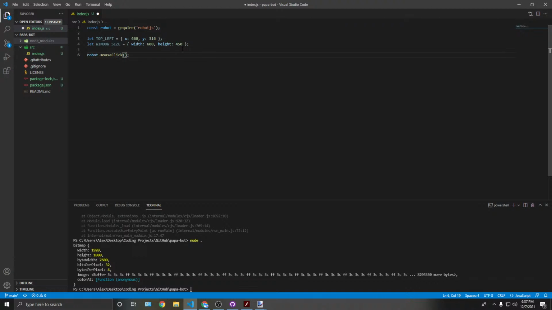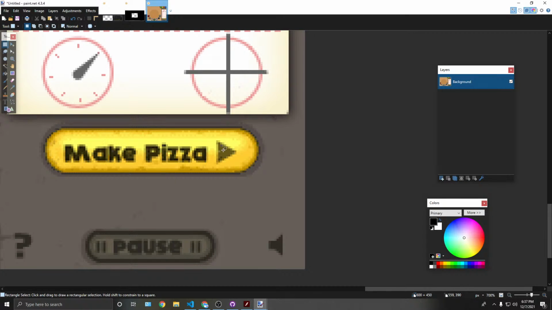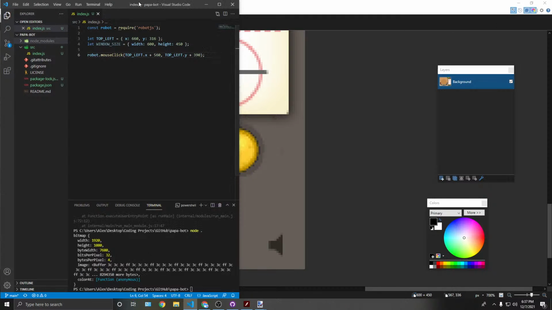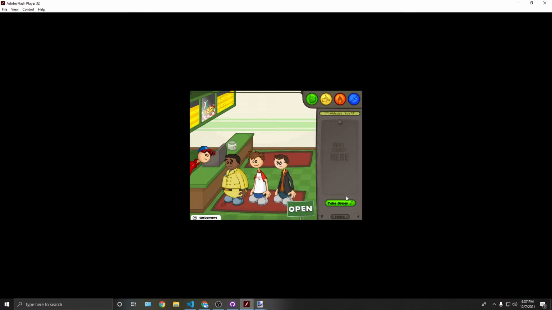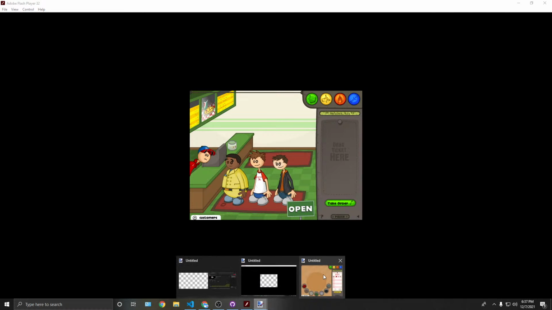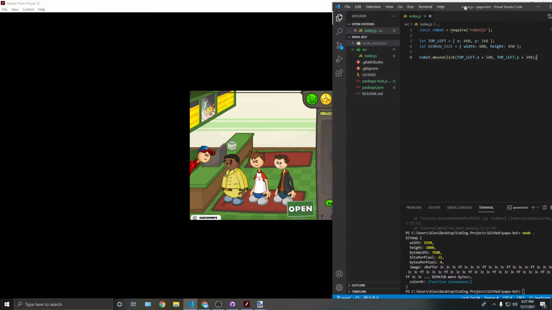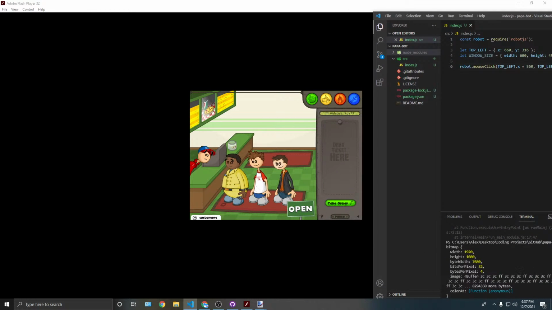And then is this where I set the position? So top left dot x plus 560, top left y plus 390. So if I were to run this command, it should click, if I get the thing up, it also should click there because that's the same place. So if I go here, move this out of the way, and I tell it to run,